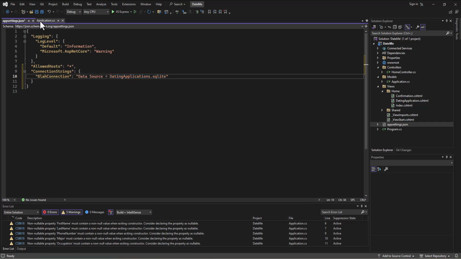All right, so that's setting up the connection string that will then be used as kind of a global variable that's available all through the project. I can get this app settings anywhere in the project and get at this when I need to. And so the second step is going in and setting up this